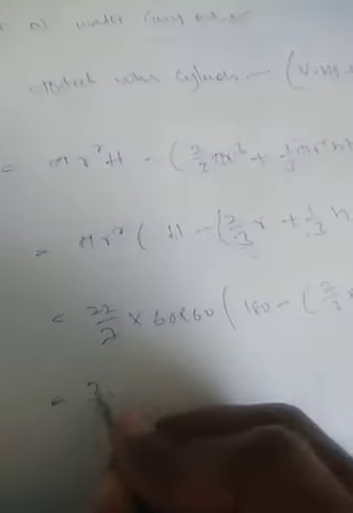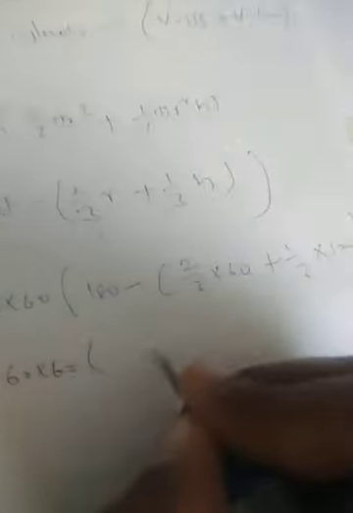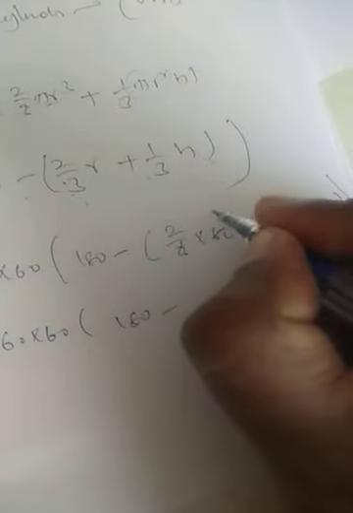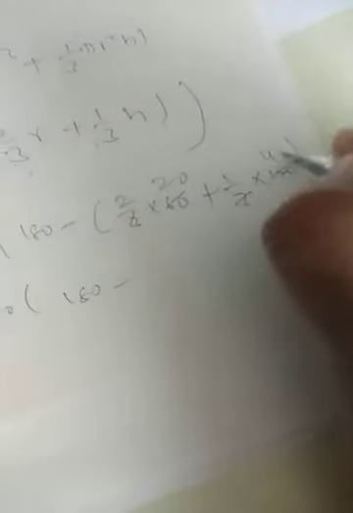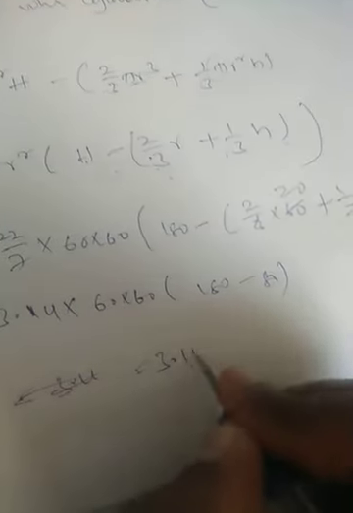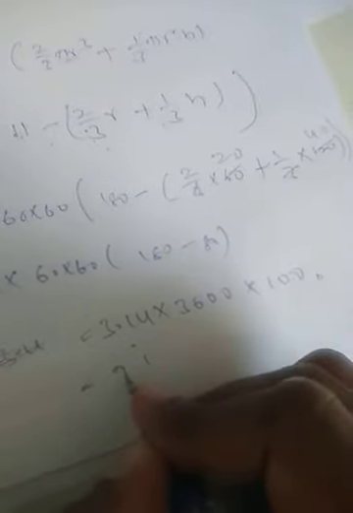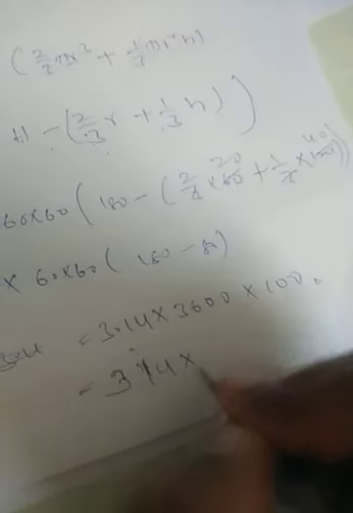So now, this is 3.14, 22 by 7, 60 into 60. So height is what? 180. Minus 3 ones are 3, 2 0 is 40, 2 0 is 40. 180 minus 40 plus 40 is what? 80. So this will be 3.14 into 60 is 3600 into 180 minus 100 is 100. 3.14 into 100 is what? 314. Easy. See how much easy it has become. 314 into 3600 will be the required answer. So easily we can do 36 into 314 and you can place the answer here.